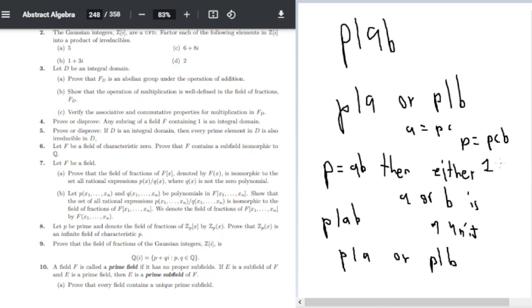So let me double check that I didn't do my math wrong here, but it looks like the case that every prime element in an integral domain is irreducible. And we need that integral domain part because, yeah, let me go, every prime in an integral domain